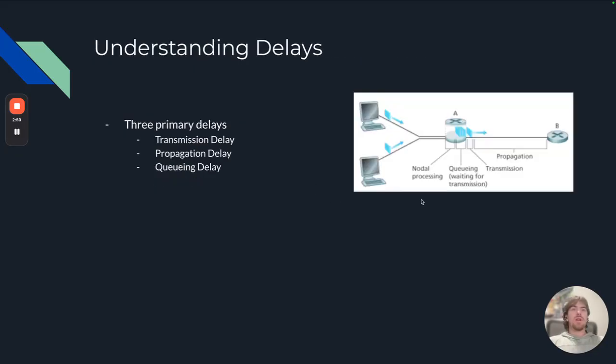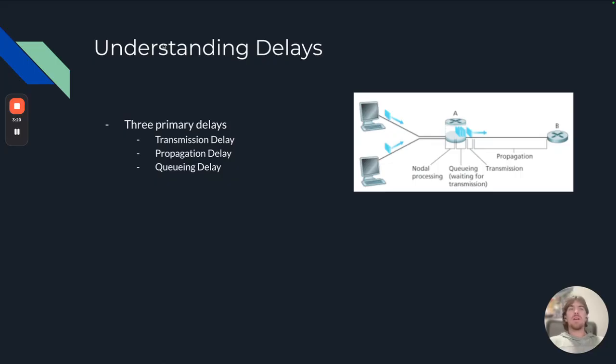We're going to look at three primary types of delays. First off, we have the transmission delay, which is the time required to push every bit into the wire. Next up, we have the propagation delay, which is the time it takes for signals to go through a medium. And then we have queuing delay, which is the waiting time in the router buffers before network congestion. Some websites load more quickly than others because each of these factors affects the overall time it takes for your